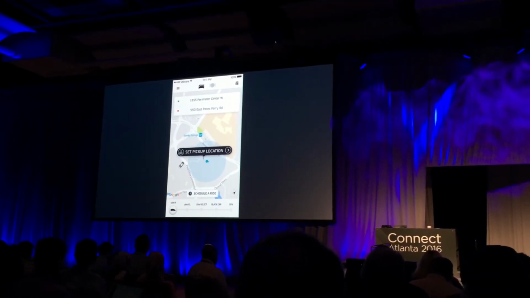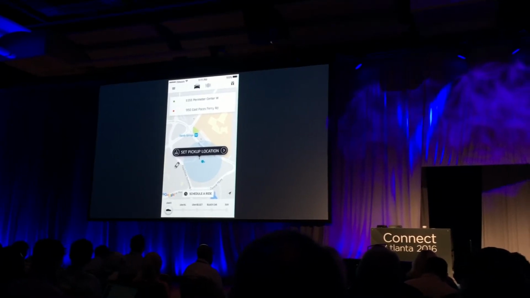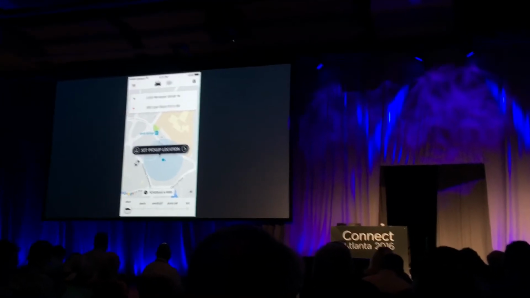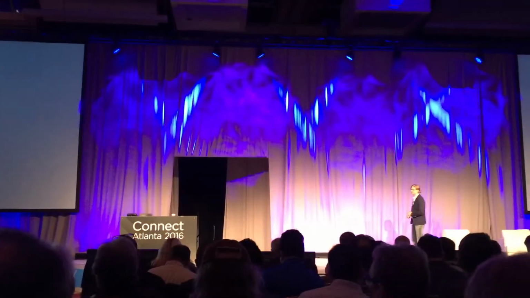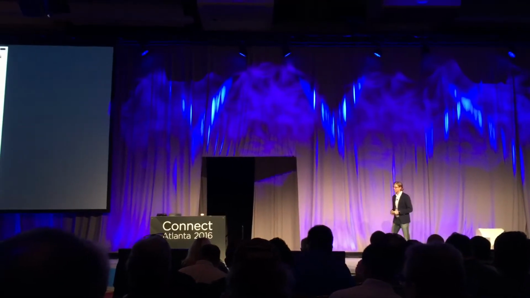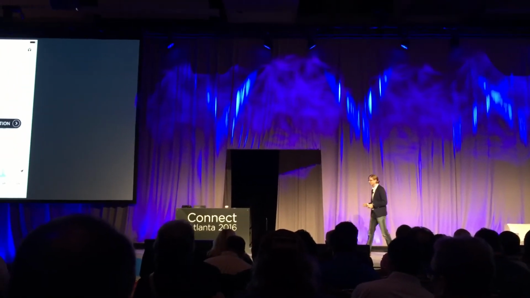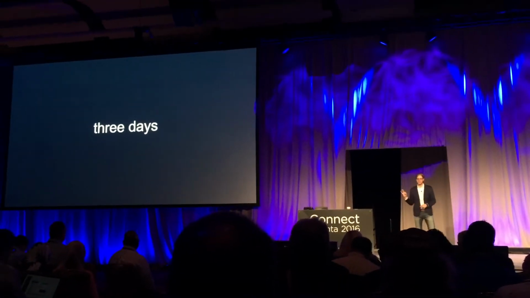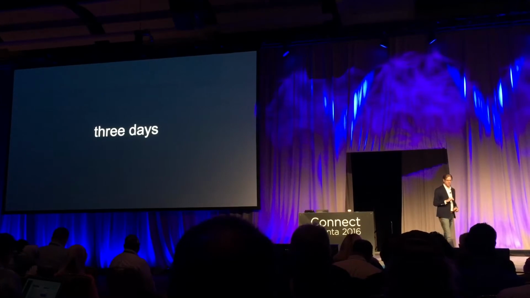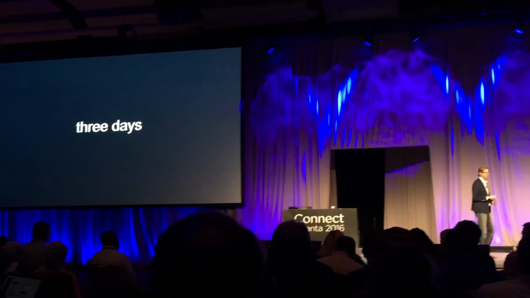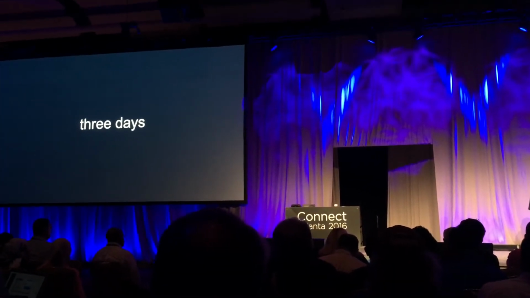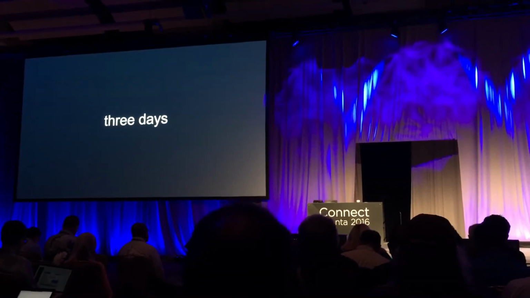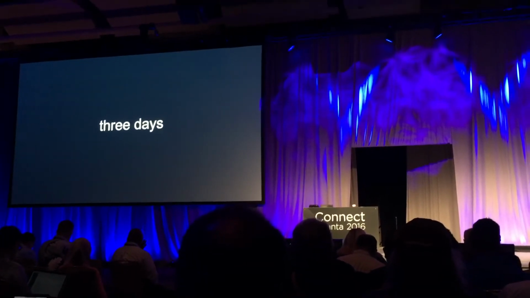Oftentimes these things may seem interesting and powerful, but how does it impact me? One of the most exciting things I've been part of at VMware and at AirWatch is a challenge I set for our team. I gave them 3 days. I said, I believe in this API economy, and I want to take a small set of about 3 developers, and ask what can you do in 3 days using only our APIs, Google APIs, and the services we have available to us? What can we build that we can show off to this room?